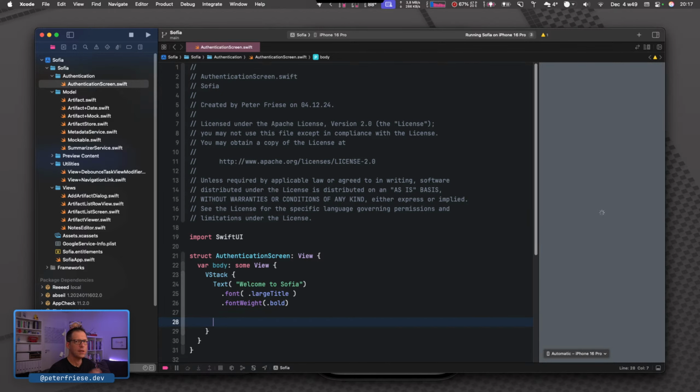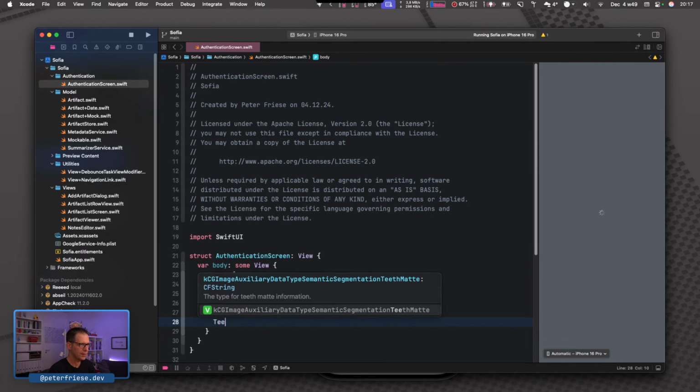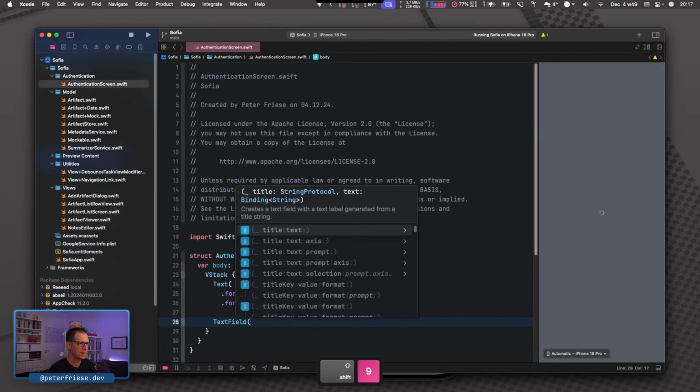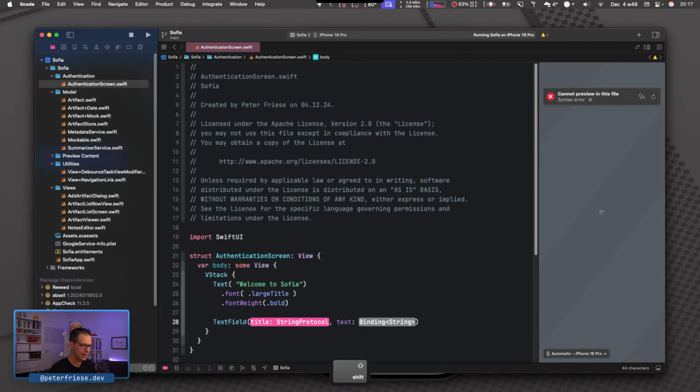And then we need to have a field for text input. So probably a text field is a good idea. We need a title and a text. This is going to be the email, and we need a state here.